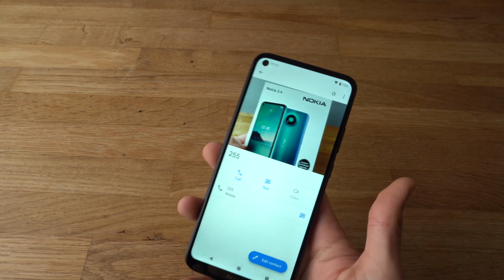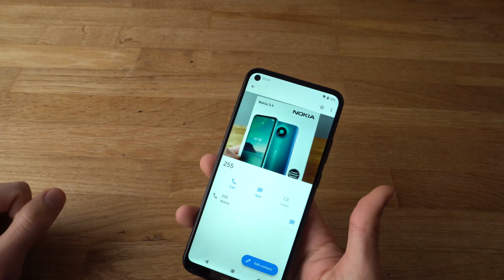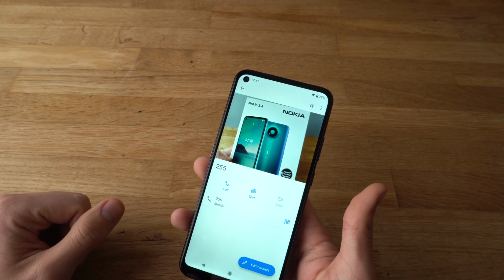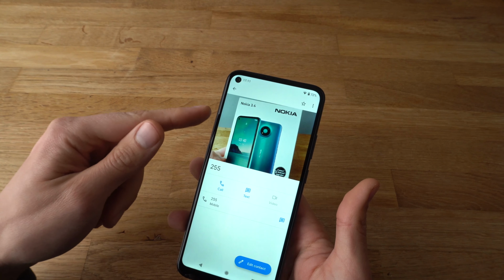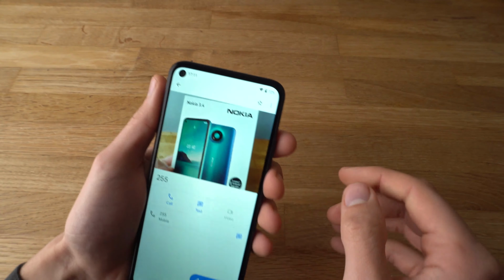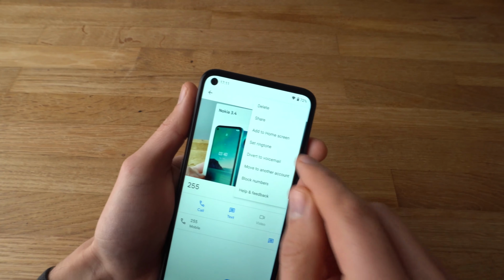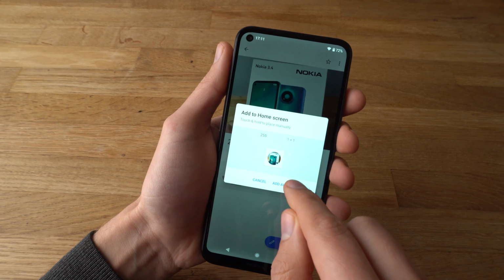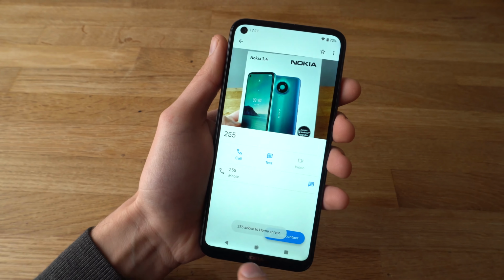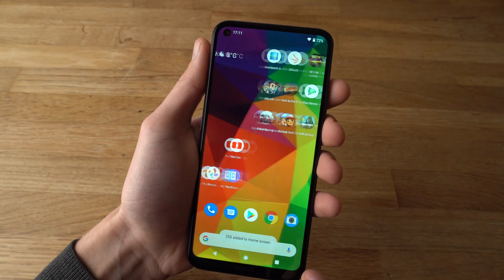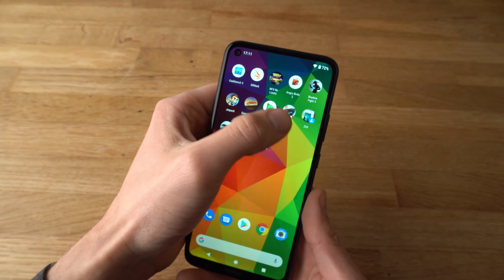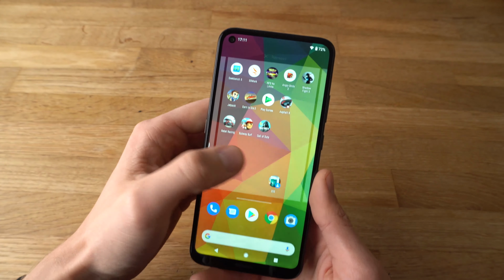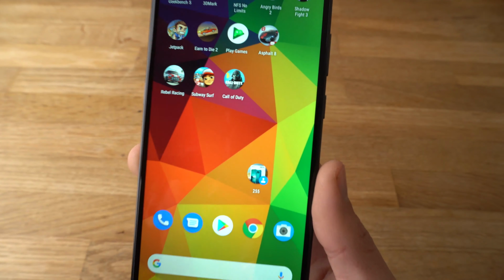Also, if you want to add this contact with this picture to your home screen, so it's really fast to ring that person, click here on these three dots and select add to home screen. It will select on it automatically and it should be added on the home screen somewhere. Right. So you can see it's added right here